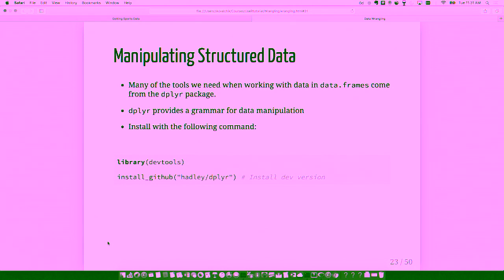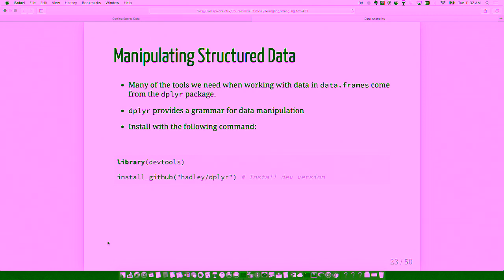One of those is dplyr. We already saw an example of this one. So just to say a bit more about dplyr, it's basically a grammar for data manipulation, another Hadley Wickham creation, and it provides most of the things that we'll need just for manipulating data, doing summarize, aggregation, filtering, subsetting, all of these kinds of things would happen with dplyr. If you haven't already used it or installed it, you can do it through these devtools commands to get the